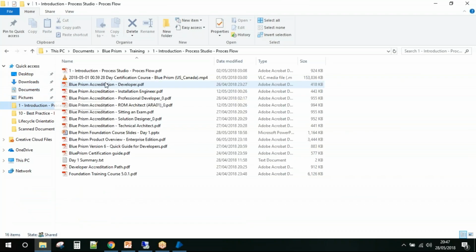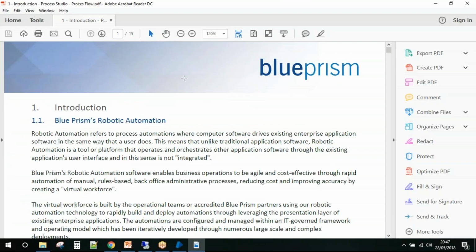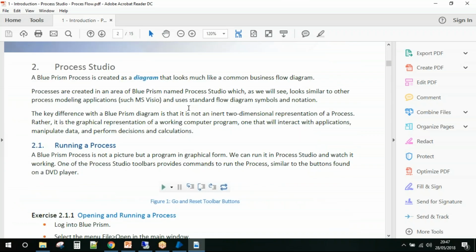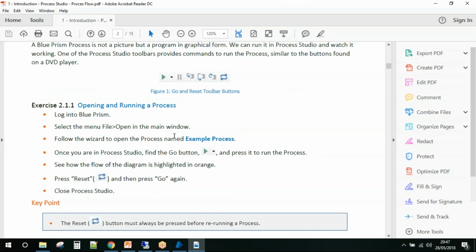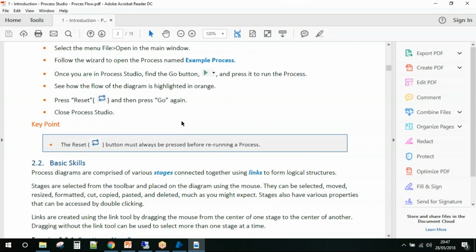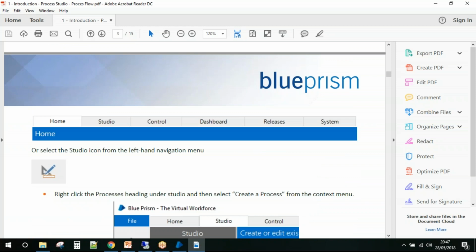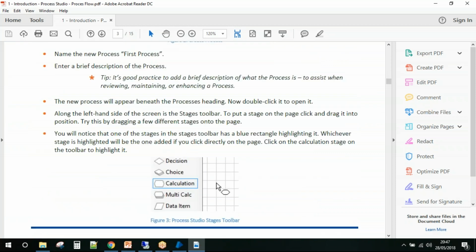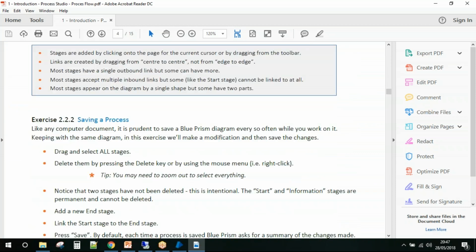So let me show you. Okay, so this is the document for the training, and then it shows you everything I showed you, but you just do it at your own pace, take your time, and you'd have an idea of what it is already, but you can follow this step by step, and it's very important that you do.